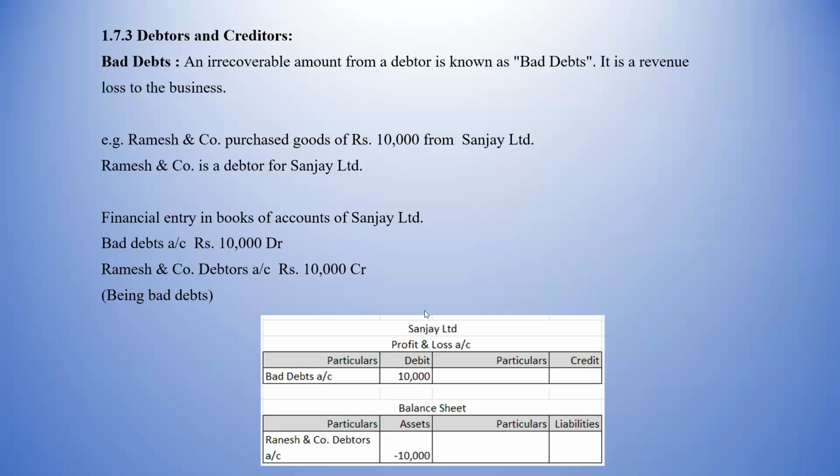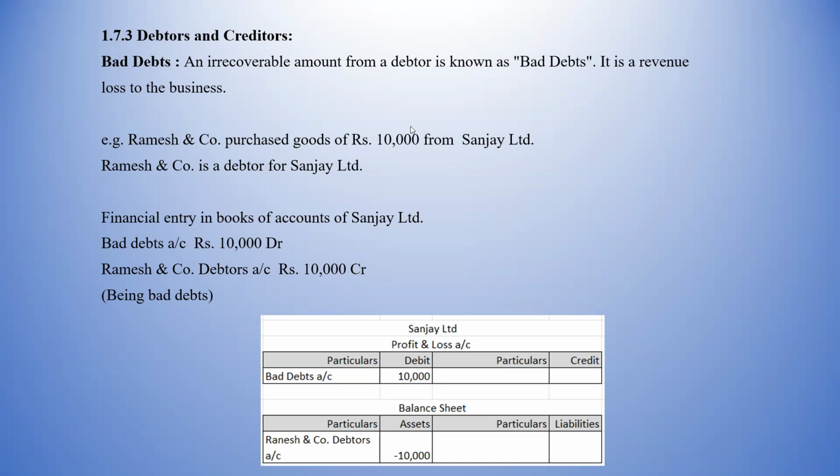Now let's go to bad debts. What are bad debts? An irrecoverable amount from the debtor is known as bad debt. It is a revenue loss to the business. An irrecoverable amount from a debtor is known as bad debts. It is the amount which you cannot get back from the debtor. There could be a reason: the debtor is unable to pay, his business is in loss, or whatever. So he is unable to pay you. In this case, basically,